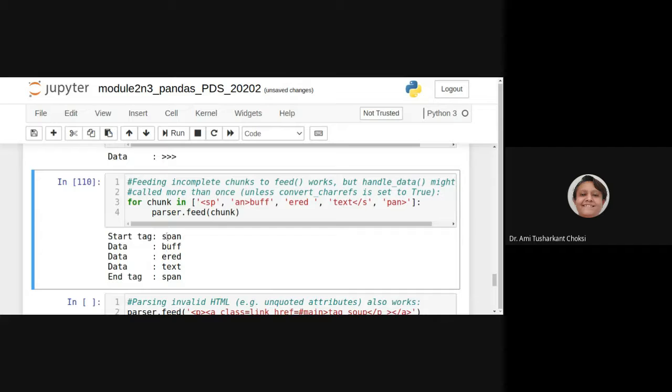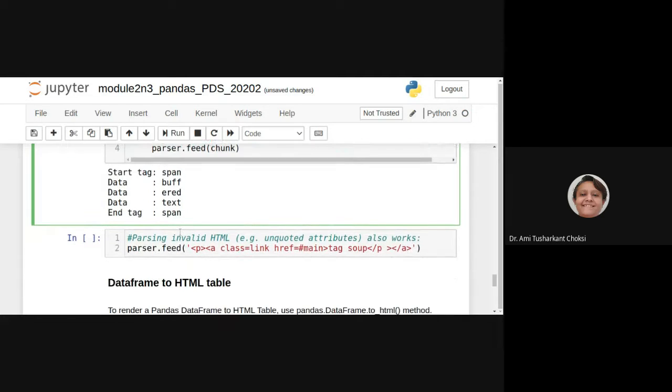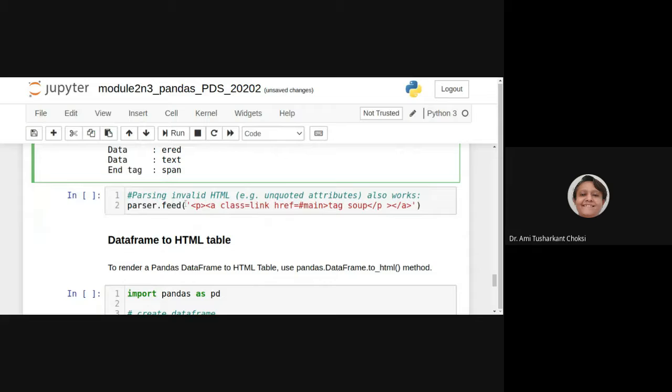First is span, right? Then after, we can say buff. Then after, we can say ERED. Then after, we are having the tags, right? Then after, we can say span, right? Though we have given it separately, it considers it as the span tag, right?